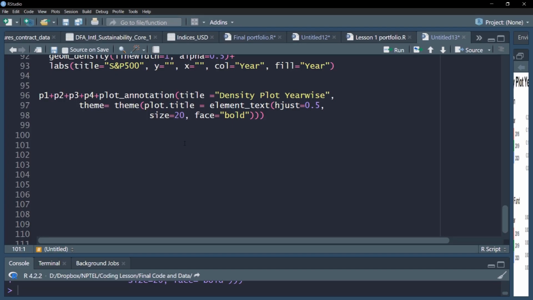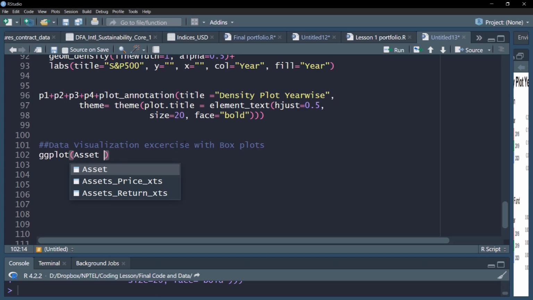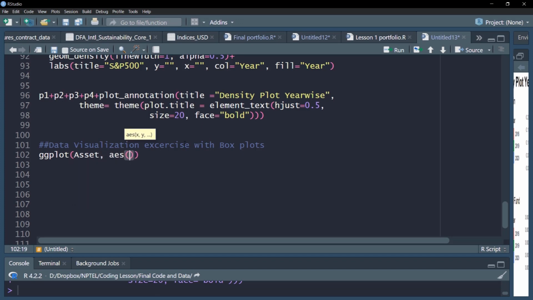In this video, we'll conclude our data visualization exercise with box plots. Box plot is a very important tool to see the distribution and scatteredness of data and also identify the outliers. To begin with, we'll again follow the same convention of using ggplot, and we'll specify our aesthetics, which includes